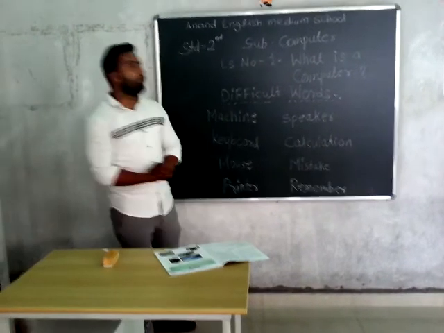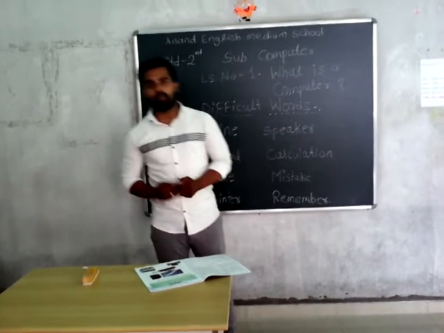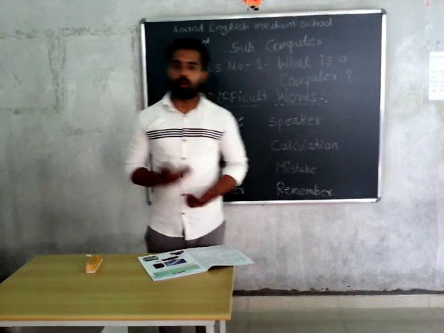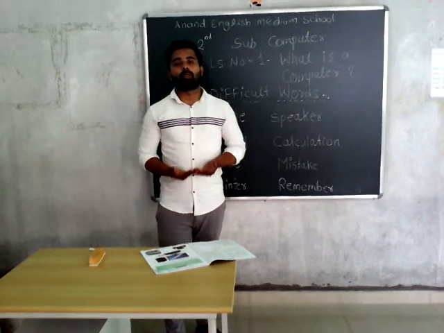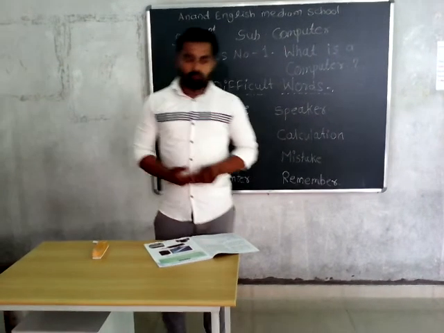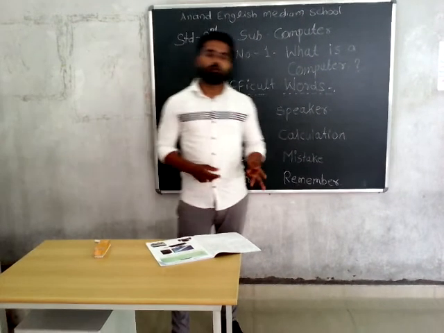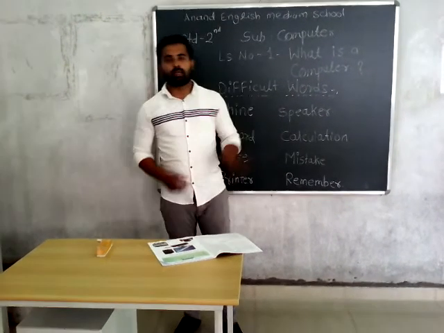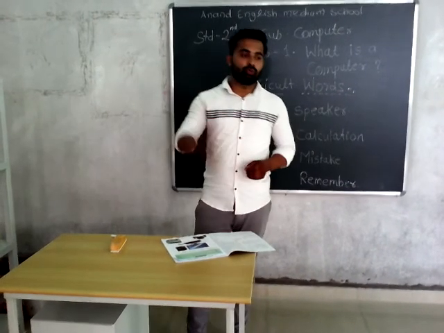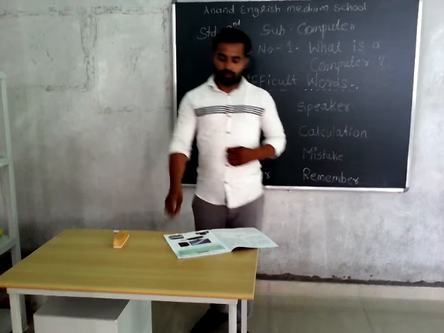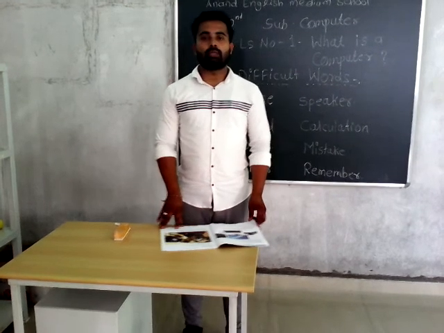First of all, know what a computer is. A computer is nothing but a machine which carries out different kinds of operations or tasks. After that, what are the parts of the computer? There are the following parts: monitor, mouse, keyboard, CPU, speaker, and printer. As I already told you, these are the uses of these parts. After that, the features of the computer. Okay. Have you understood everything? Okay.